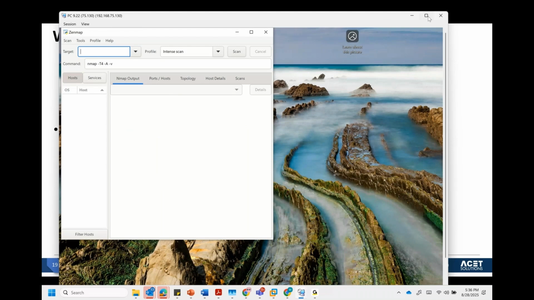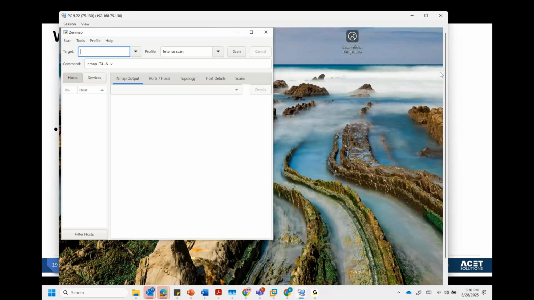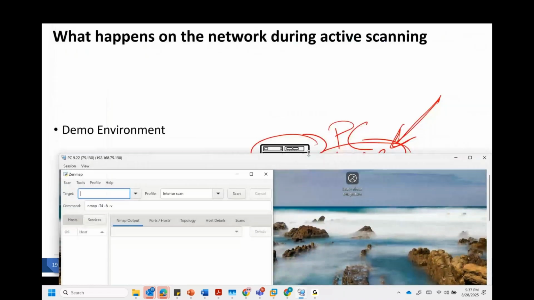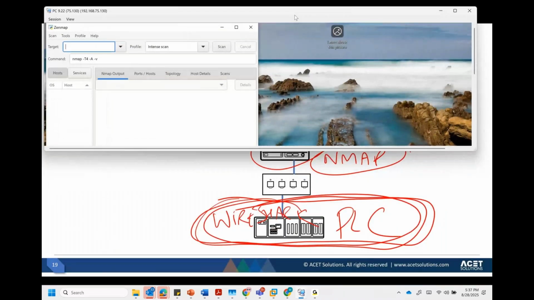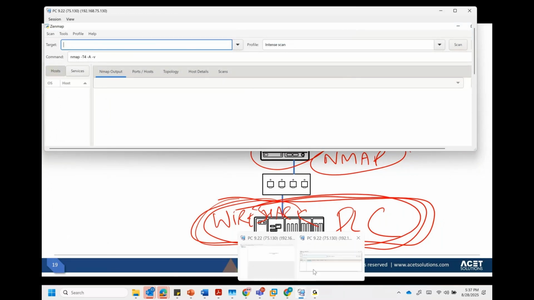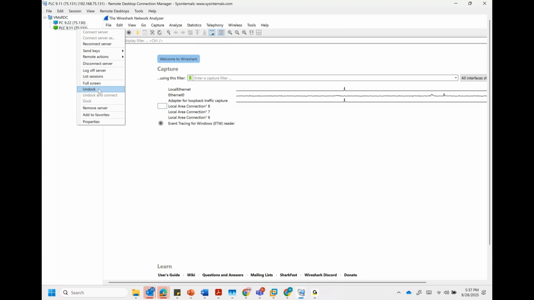All right, so I'll switch to my environment, and I need to make it a little bit more suitable for the display, so give me a second. I will move this up here. So you can see that I have Nmap, Zenmap running on one of these. And where is my PLC? I hope that it's connected. Yeah, beautiful, it works. Don't you love it when things work?